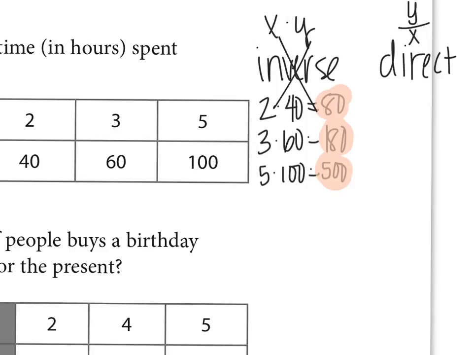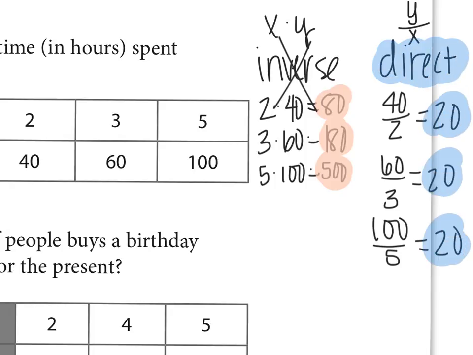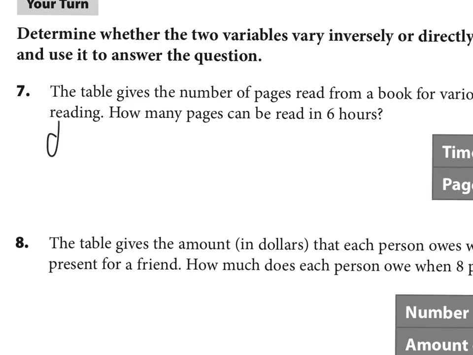So if it's direct, then Y, which is 40 divided by 2, is going to give us 20, and that should be the same every time. Then I'm going to divide 60 by 3, and that also gives me 20. And 100 divided by 5 is going to give me 20. Notice that every time my constant of variation was the same, so that tells me that this is direct variation. So it's direct variation,